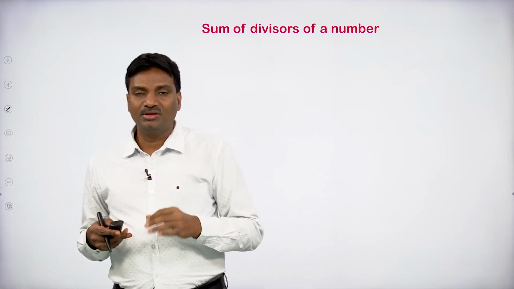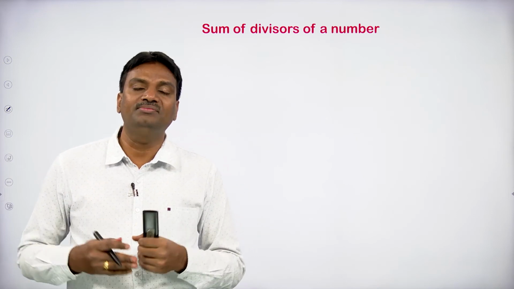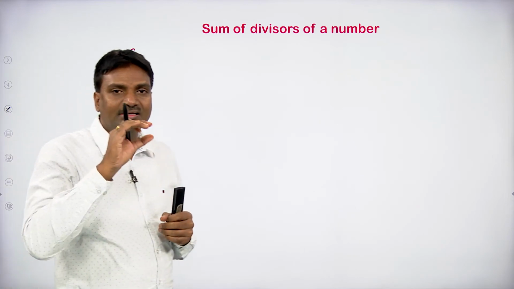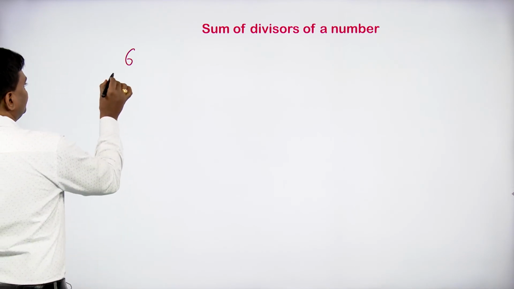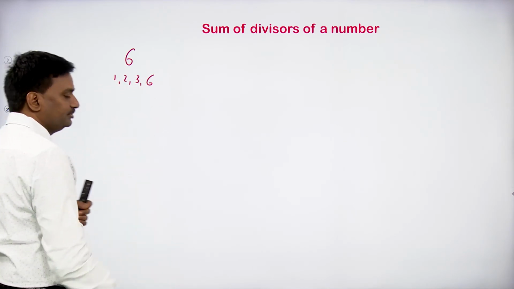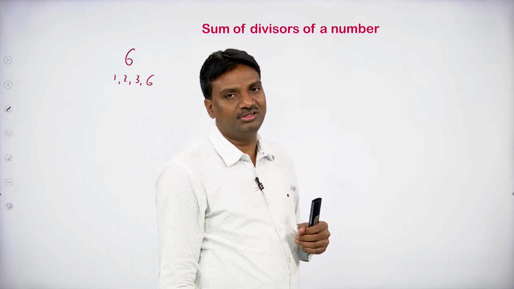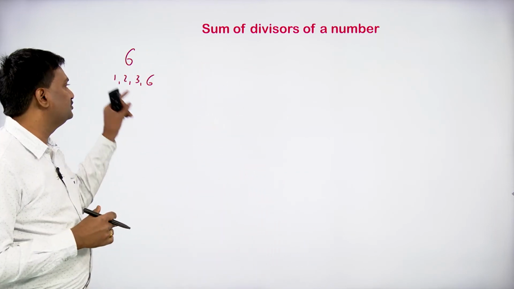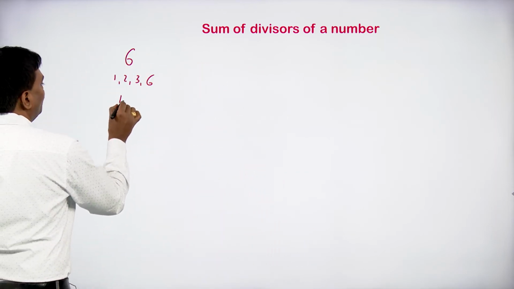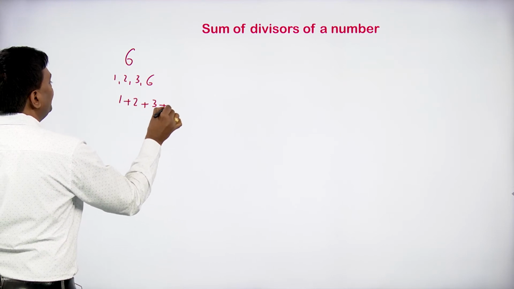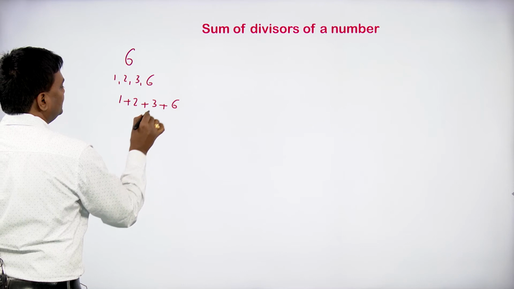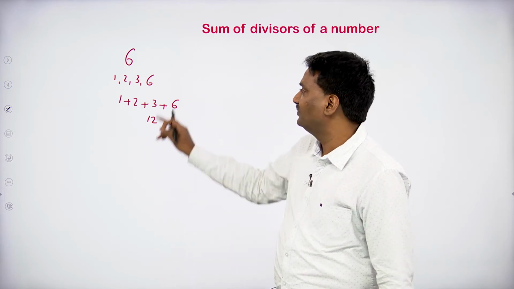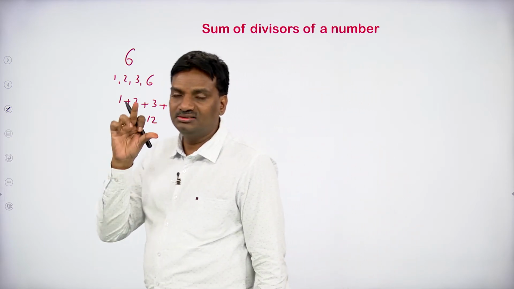Now, the sum of the divisors of a number. If one number is given, we have to add all the divisors of the given number. Here also, let us suppose that 6 is given. First let us write all the divisors of 6: 1, 2, 3 and 6. These 4 numbers are the divisors of 6. According to this side heading, sum of the divisors: since the divisors of 6 are 1, 2, 3, 6, by finding the sum, 1 plus 2 plus 3 plus 6, 1 plus 2 is 3, 3 plus 3 is 6, 6 plus 6 is 12. So by adding all the divisors of 6, we have gotten 12, where 6 is a small number.